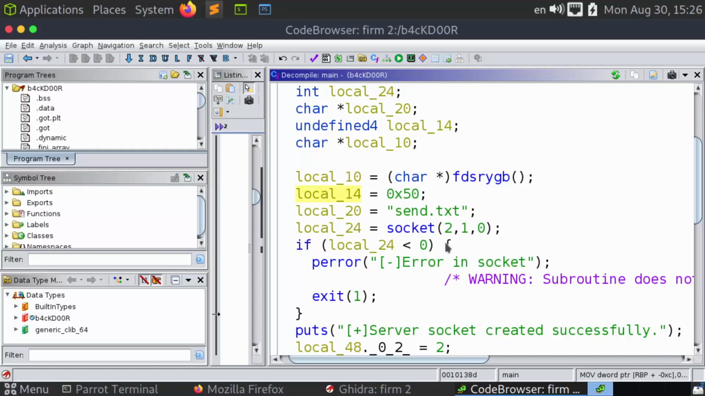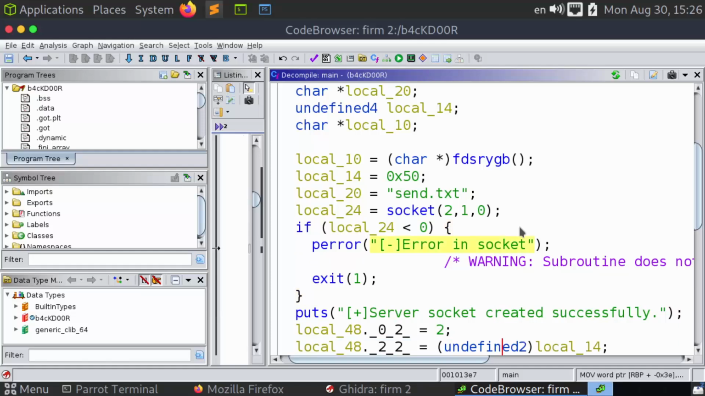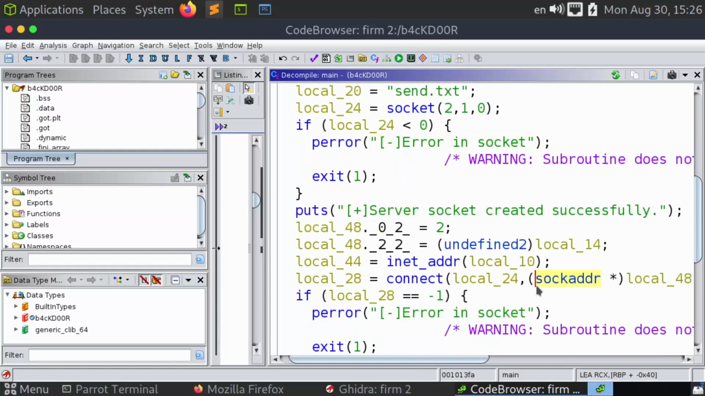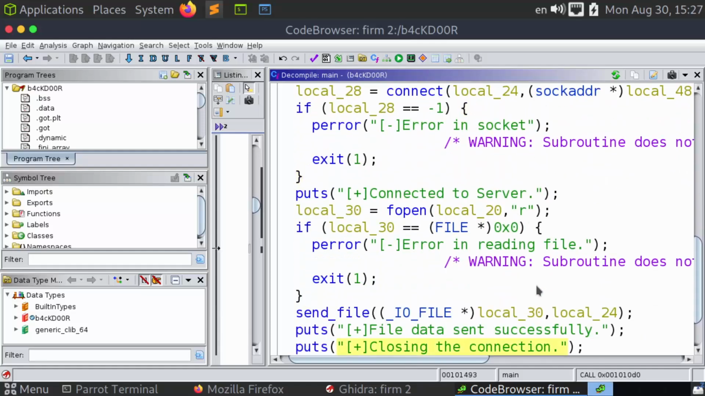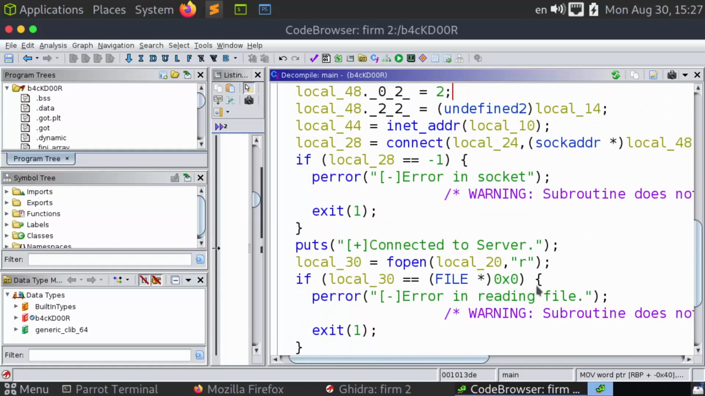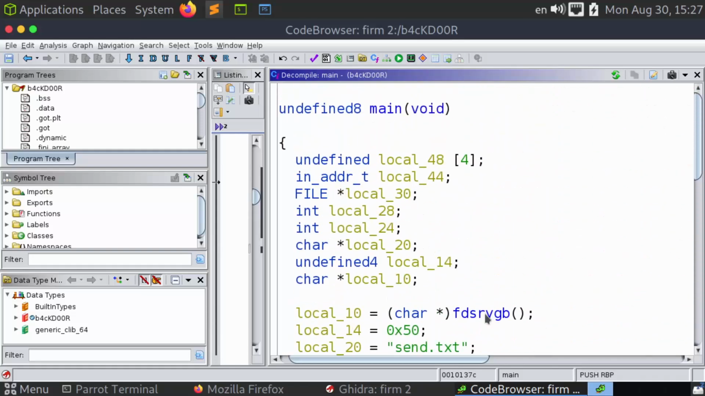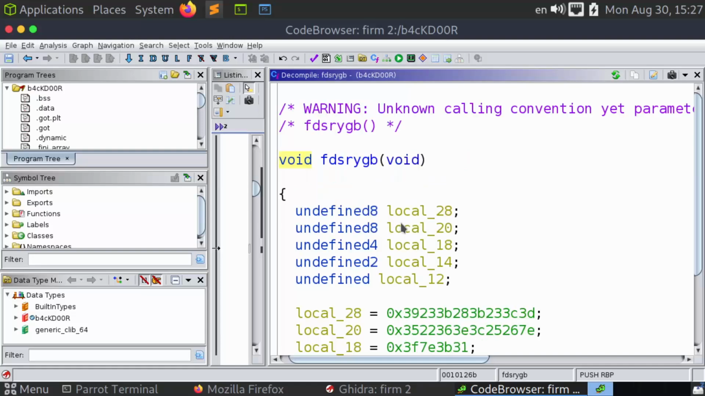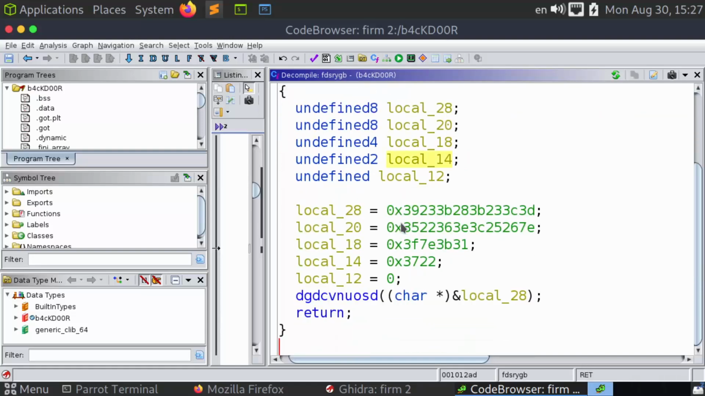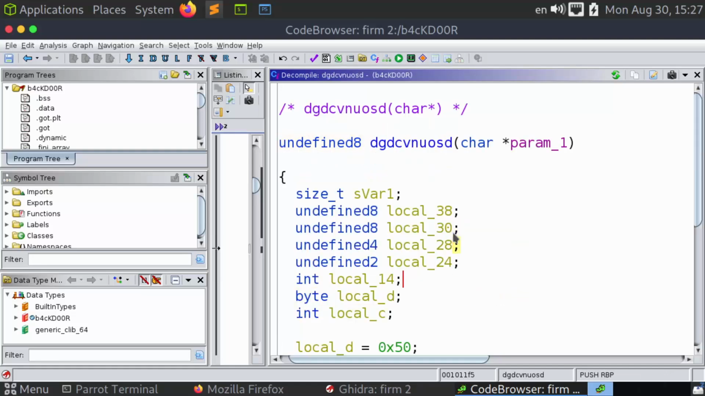This is hex 50 send.txt. It is creating a socket. So socket created successfully, error in socket. This is exactly the same as that, except for that function call. So we can try to see what this function is doing, and again we have some hex, and it is calling this function with all these hex values. So we can check what this function is doing,